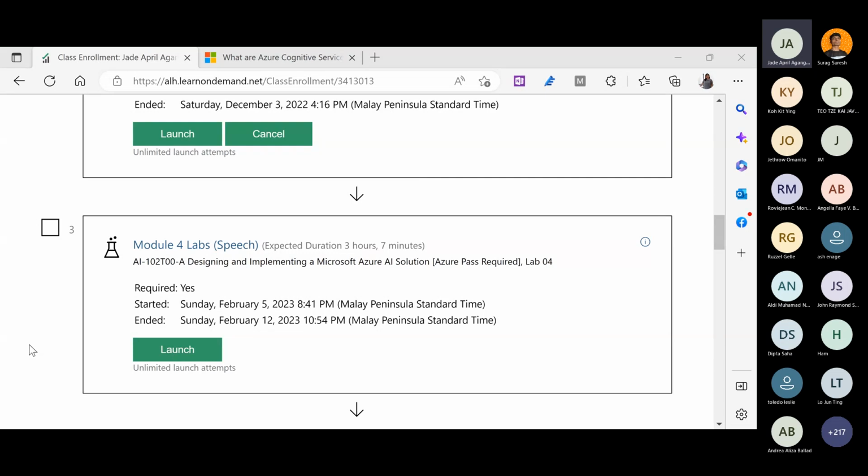This is Visual Studio Code. If we click that, this is where we're going to deploy or run all these codes. But we have a catch: we will not be able to pursue and type in all our codes in Visual Studio Code if we don't have our Azure Pass.